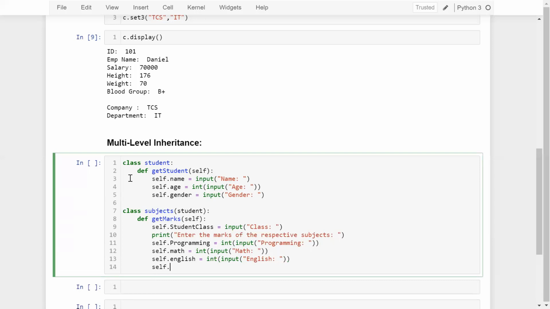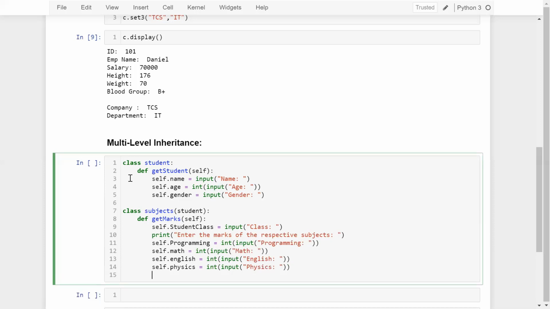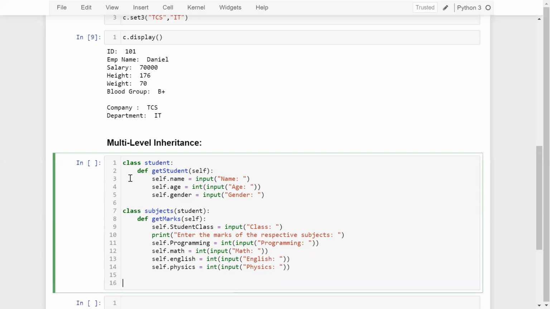And the last is self dot physics equal to int input physics. Whatever subjects you want to supply, you can supply here. So guys, here what I did is I created another class, which is Subjects, and I'm going to access some of the information from my parent class, which is Student. Now let me create another class, which is, let's say, class Marks.